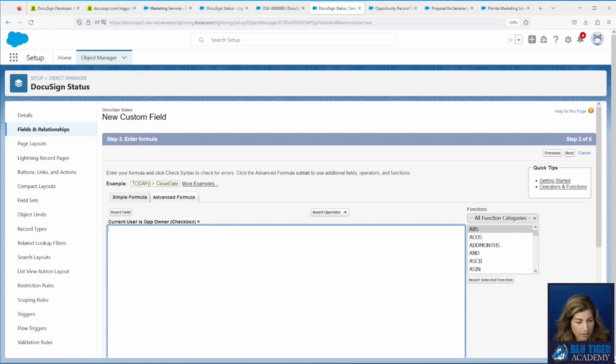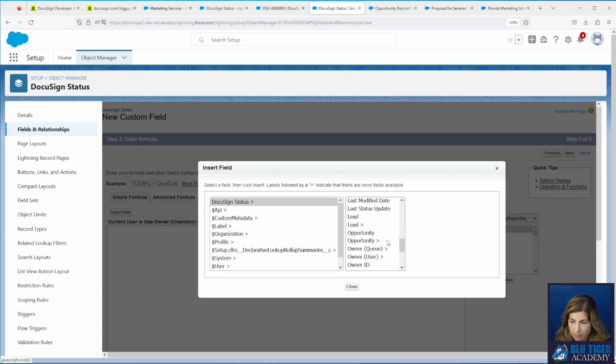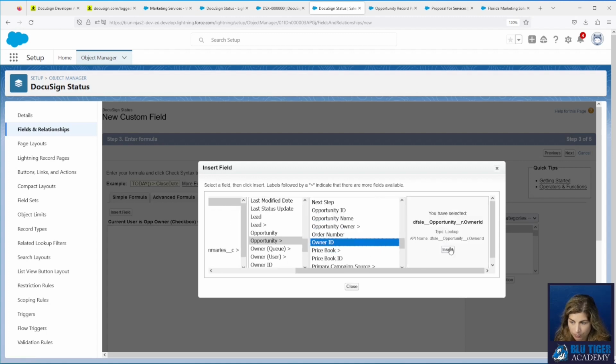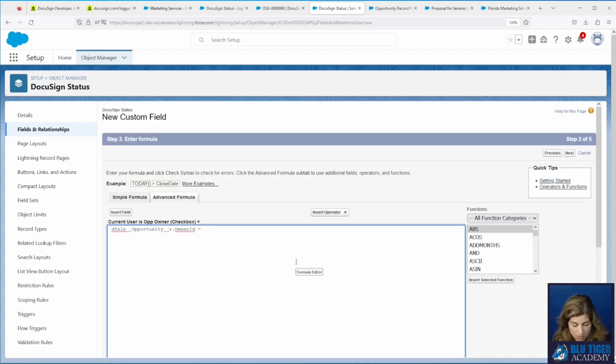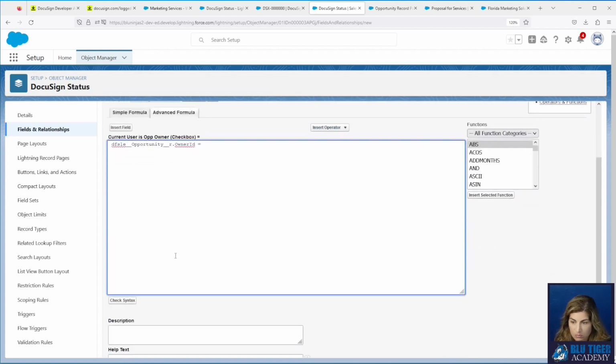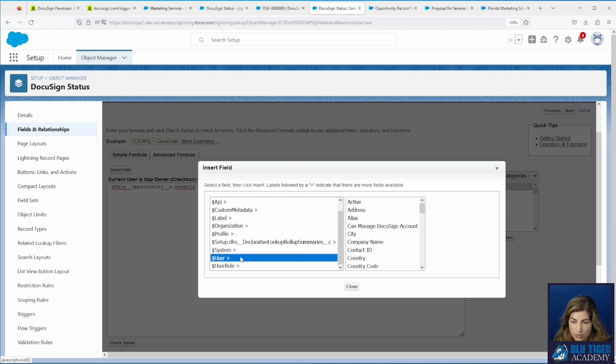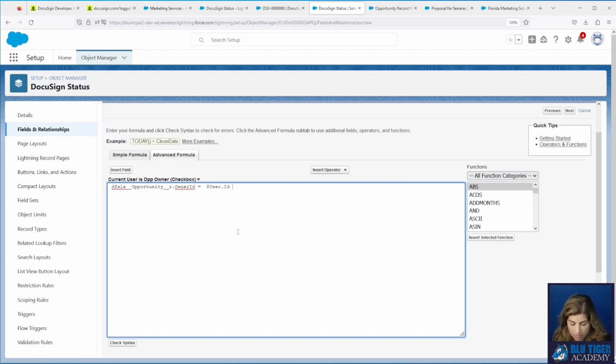Then our formula is our Op Owner ID equals our current user ID. So whoever's a logged in user, if it matches the opportunity owner of the DocuSign status record, we want it to show in the list view.